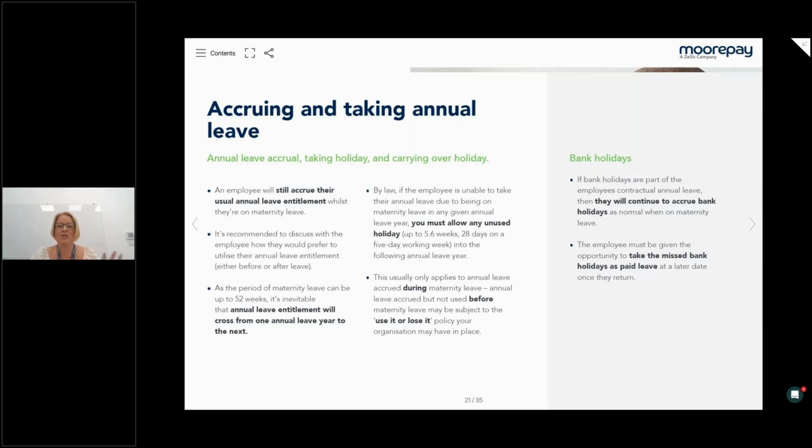We can't take 2 types of statutory leave at once, and we can't pay holidays. Holiday is time to be taken for rest and relaxation, and not for payment. So if your employee just wants you to pay their holidays out and then they want to come back to work full time, they just want the payment, that can't happen. It shouldn't happen. In holidays, the only time really we can pay holidays is if they are above statutory minimum, but that would only be a small portion of it, or if they are leaving the organisation, so that's when holidays can be paid.